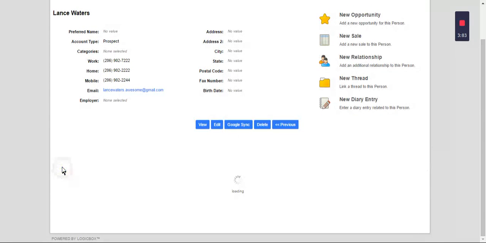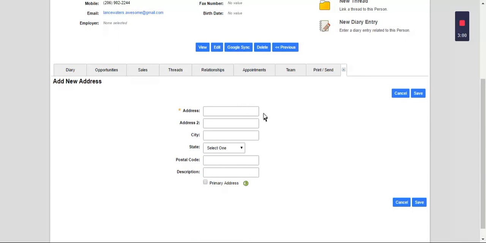And in adding new, you're going to see there's a couple of specific things. So we'll just give it 1, 2, 3, 8th Street, and Portland, Maine. So we can add a description here of what the location is, and we're also going to make this our primary address because that's where the work is most likely going to be done, and that's going to be the same address that typically will show up on our opportunity,